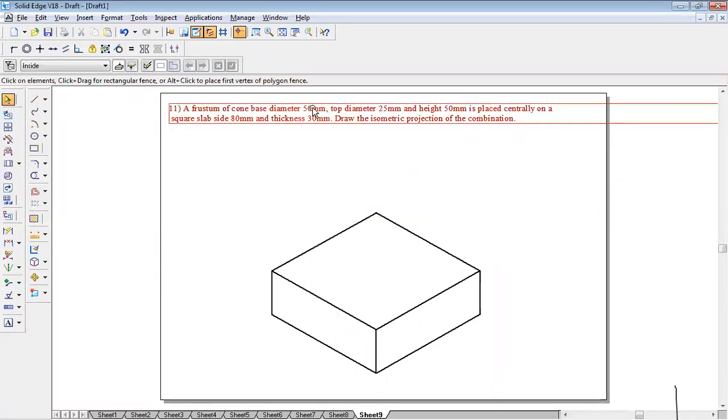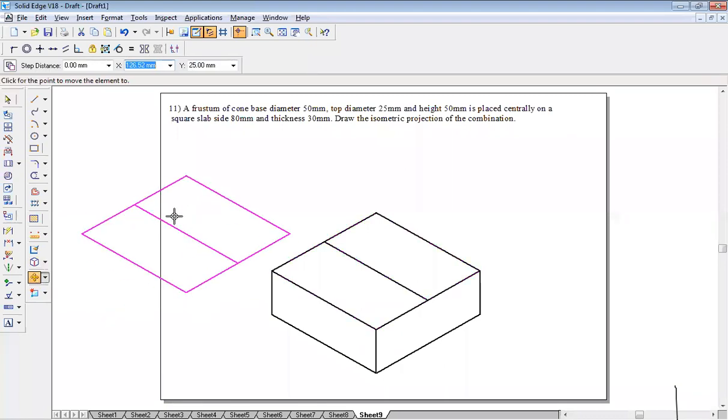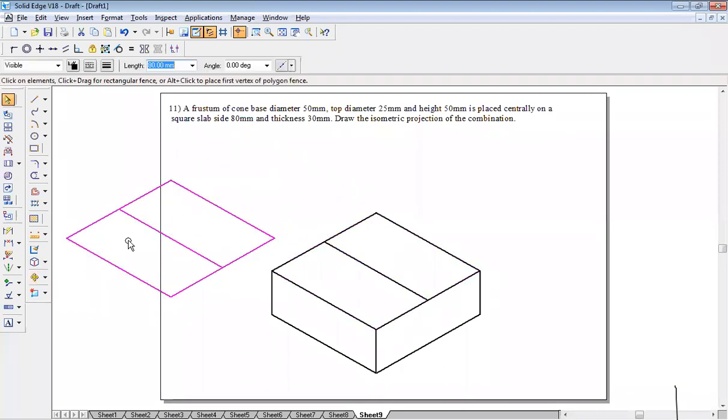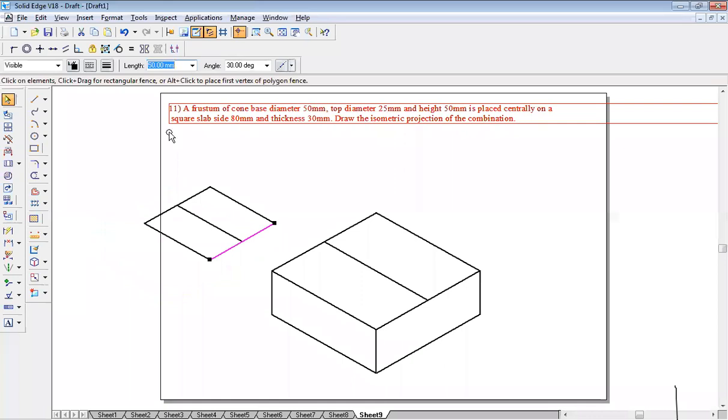What is the cone base diameter? It is 50. Okay, so this is 80. His requirement is 50. So let us reduce the scale in this way. Instead of creating one more 50 mm one, select this top face, go to move command, switch on the copy option, take it to a side. Okay, what is the requirement? Base dia is 50, so the box dimension I want is 50. So scale it down. Requirement divided by available. 50 divided by how much? 80. Enter. Automatically you get 50 mm sides. See, you got 50 mm sides.